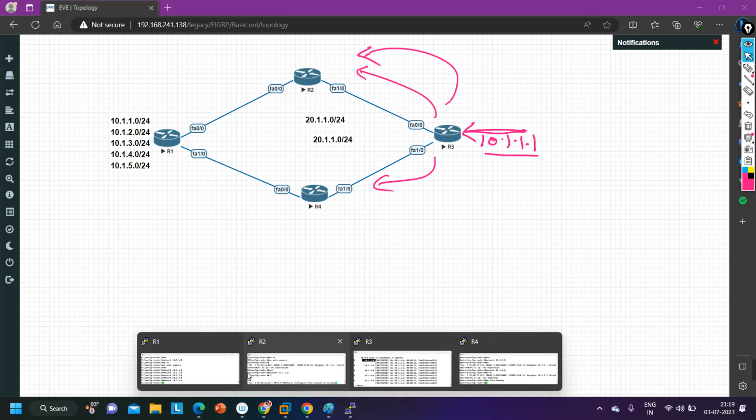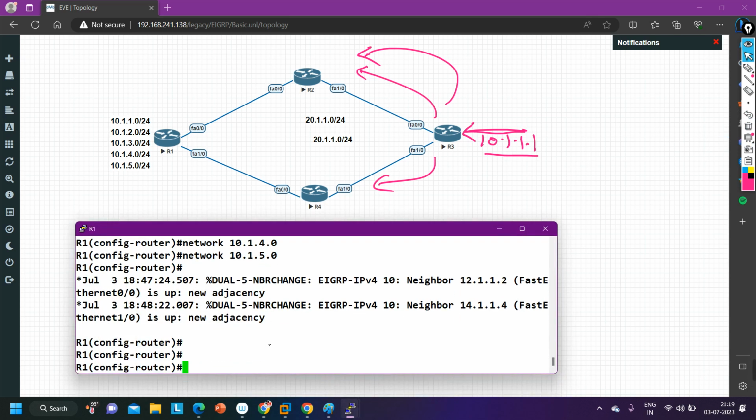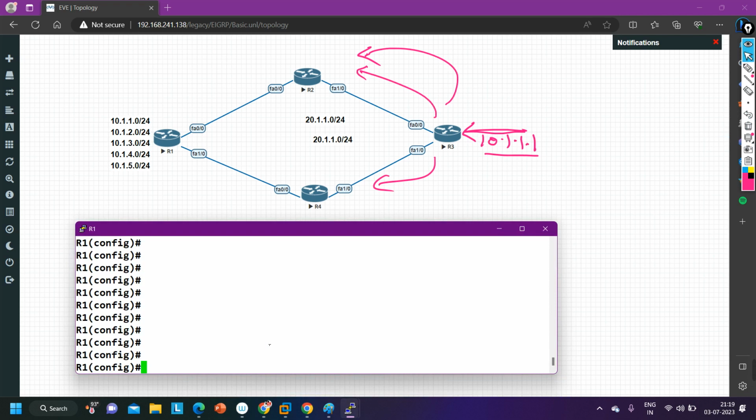So on router number 1, I will run a very simple command. What will be the summary address of these 5 prefixes? First of all, tell me this.